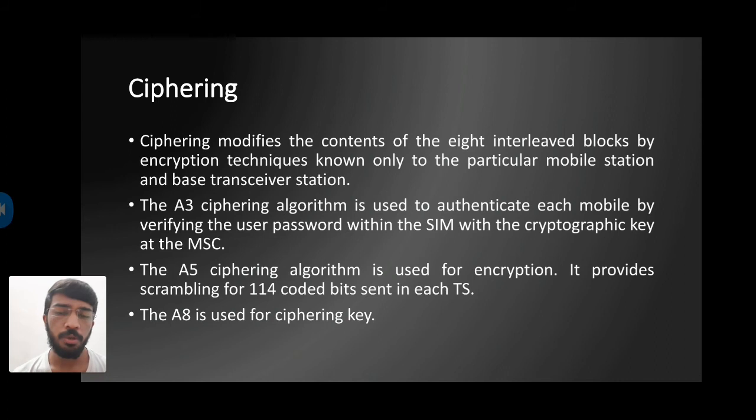In the A3 algorithm, one random key is generated, and our SIM card contains some coding or cryptographic calculation. So it will combine those two keys, the first being the random one and the second being the one given in the SIM card. And again, the BTS also does this process and generates a key. If both generated keys are the same, the authentication is done.